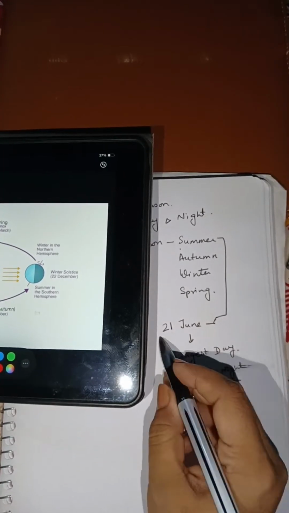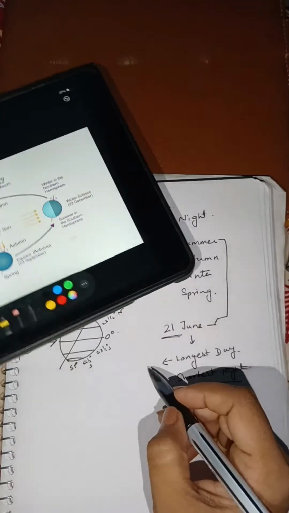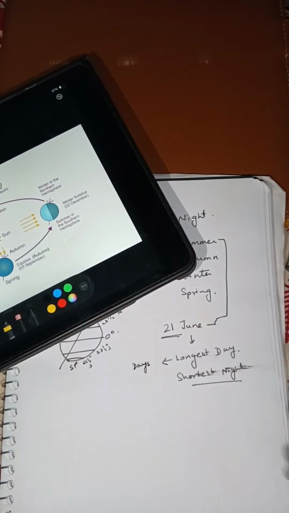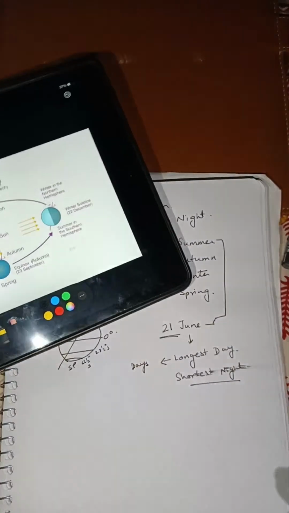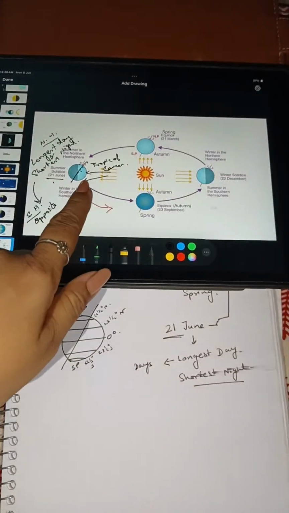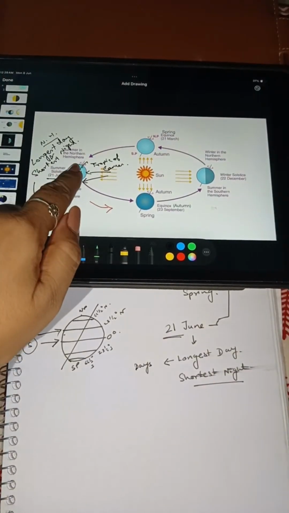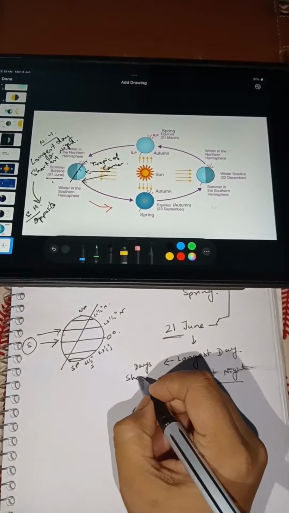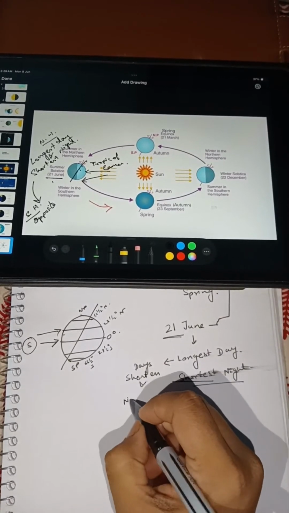So after 21st June, days start shortening. Why do days get short? Because the overhead sunlight is now decreasing, days shorten, and nights get longer,